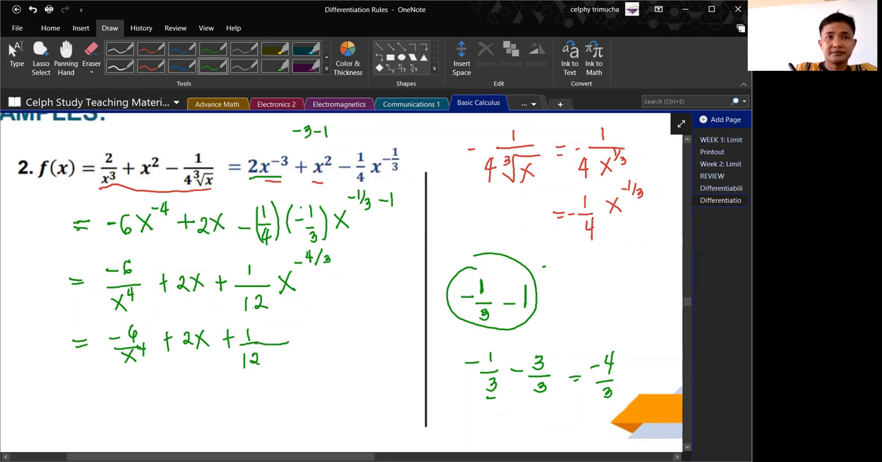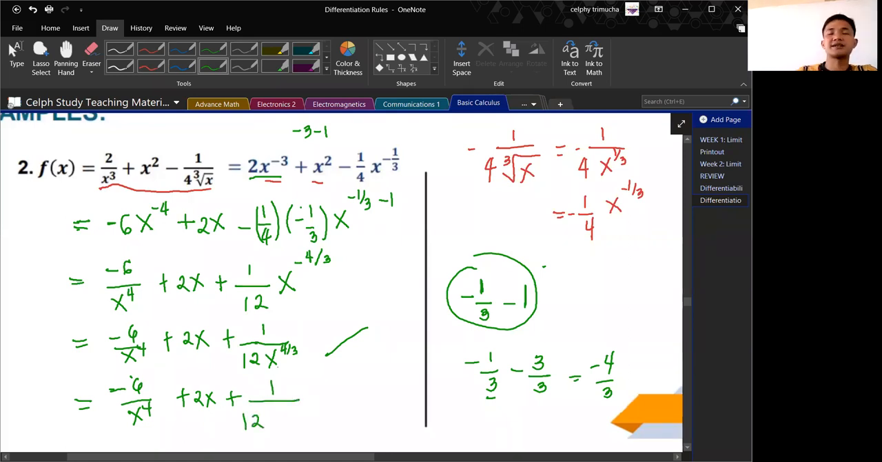I will write it directly: 1 all over 12x raised to 4/3, positive now. If you are not required to give the answer in radical form, this answer is okay: x to the 4/3. But if it is required to be in radical form, we transform it into radical form. We will have negative 6 all over x to the fourth plus 2x plus 1 all over